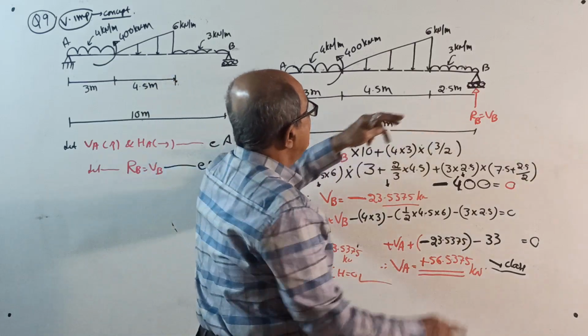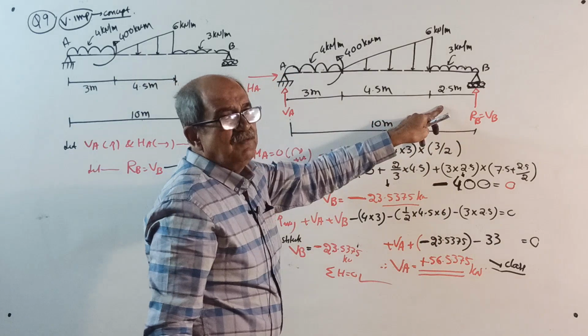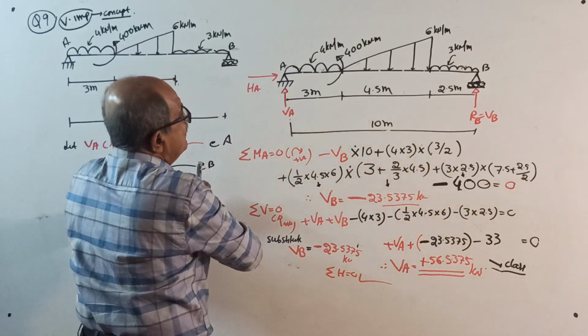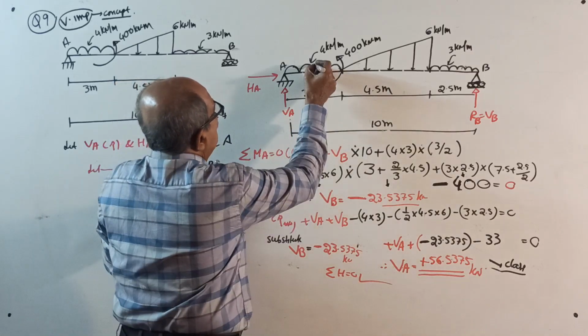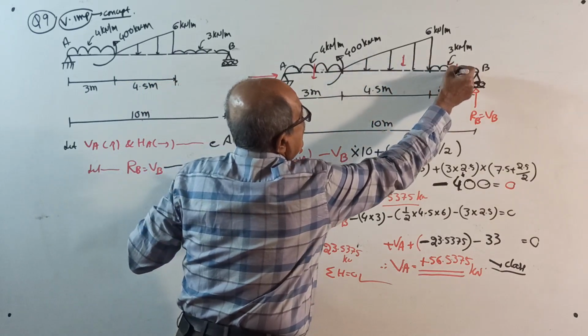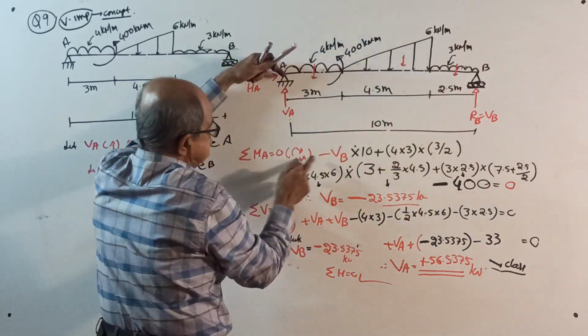Make a neat entry. This gap will be 10 minus 7.5, which is 2.5 meter. Correct. Now, first, I should stop this one. One total load here, one total load here, one total load here. Okay, start. Minus VB into 10